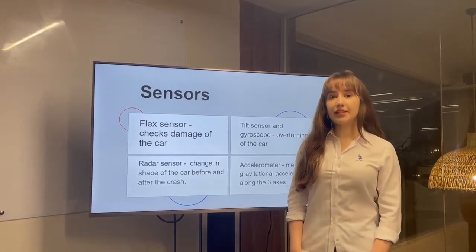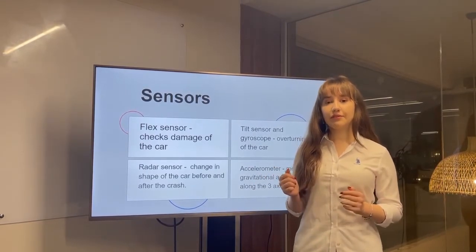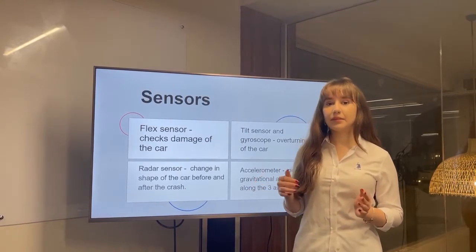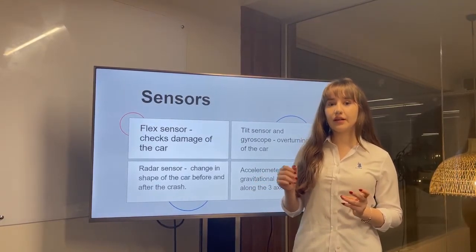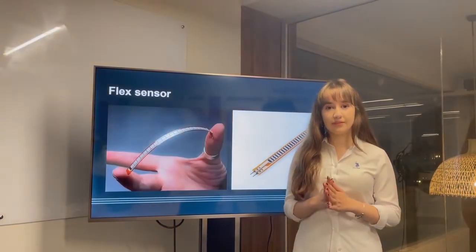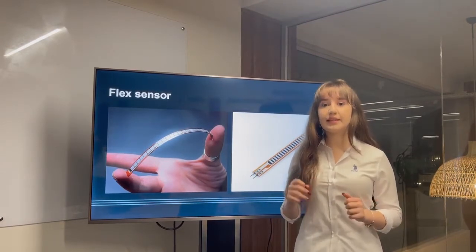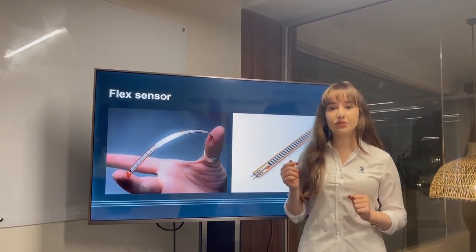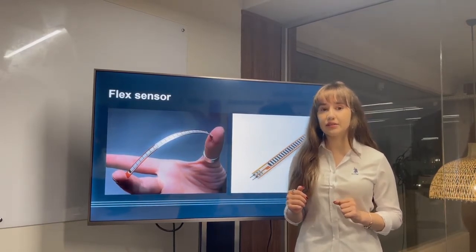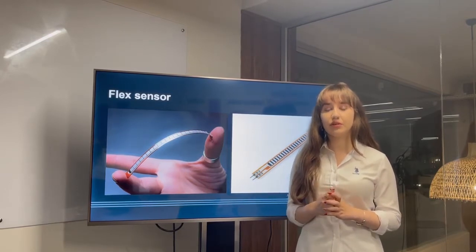One of the major cases in car accidents is a car getting hit by another car. By using a flux sensor, the device will be able to detect this case. Another common case is the overturning of the car, which is detected by tilt sensors. A flux sensor, a major component of the device, is a sensor that detects deflection or bending. The sensor is usually adhered to the surface, and the resistance of the sensor element is adjusted by bending the surface. Materials like plastic and carbon can be used in the creation of this sensor.